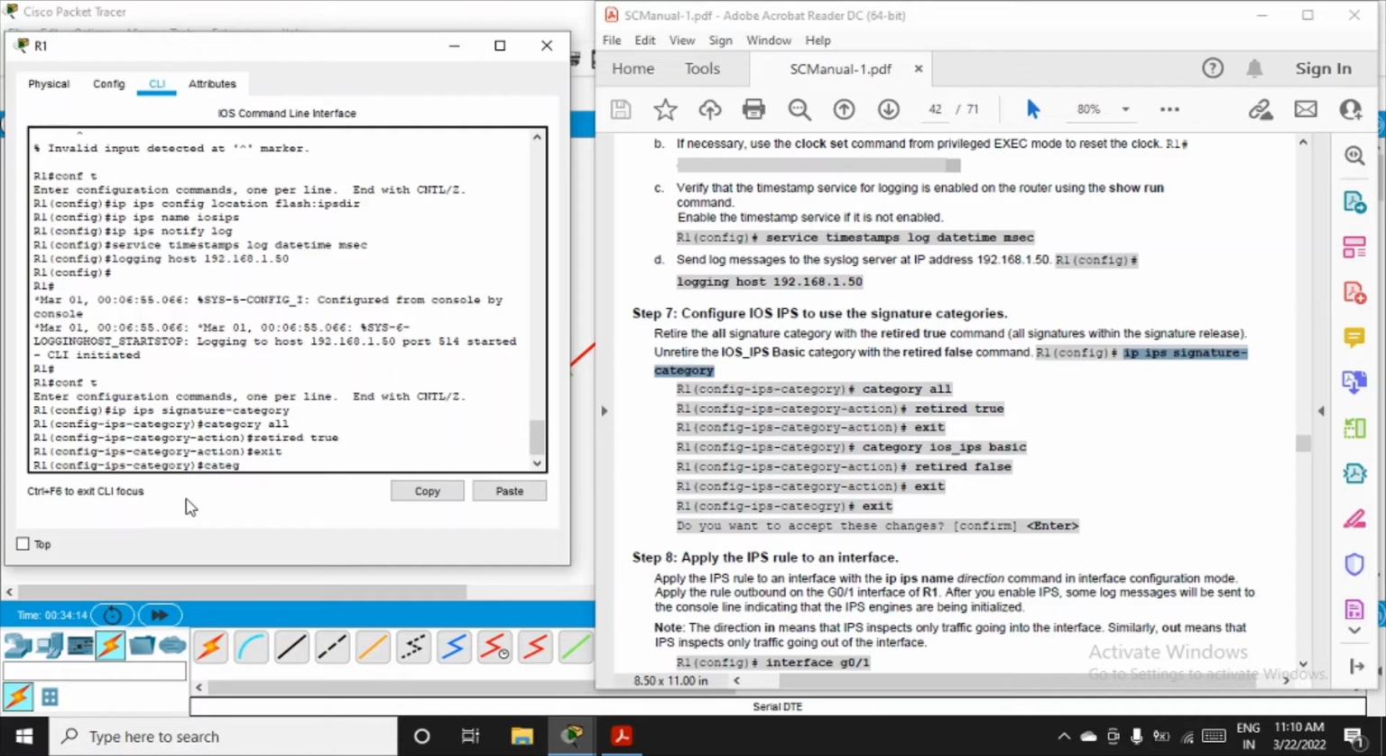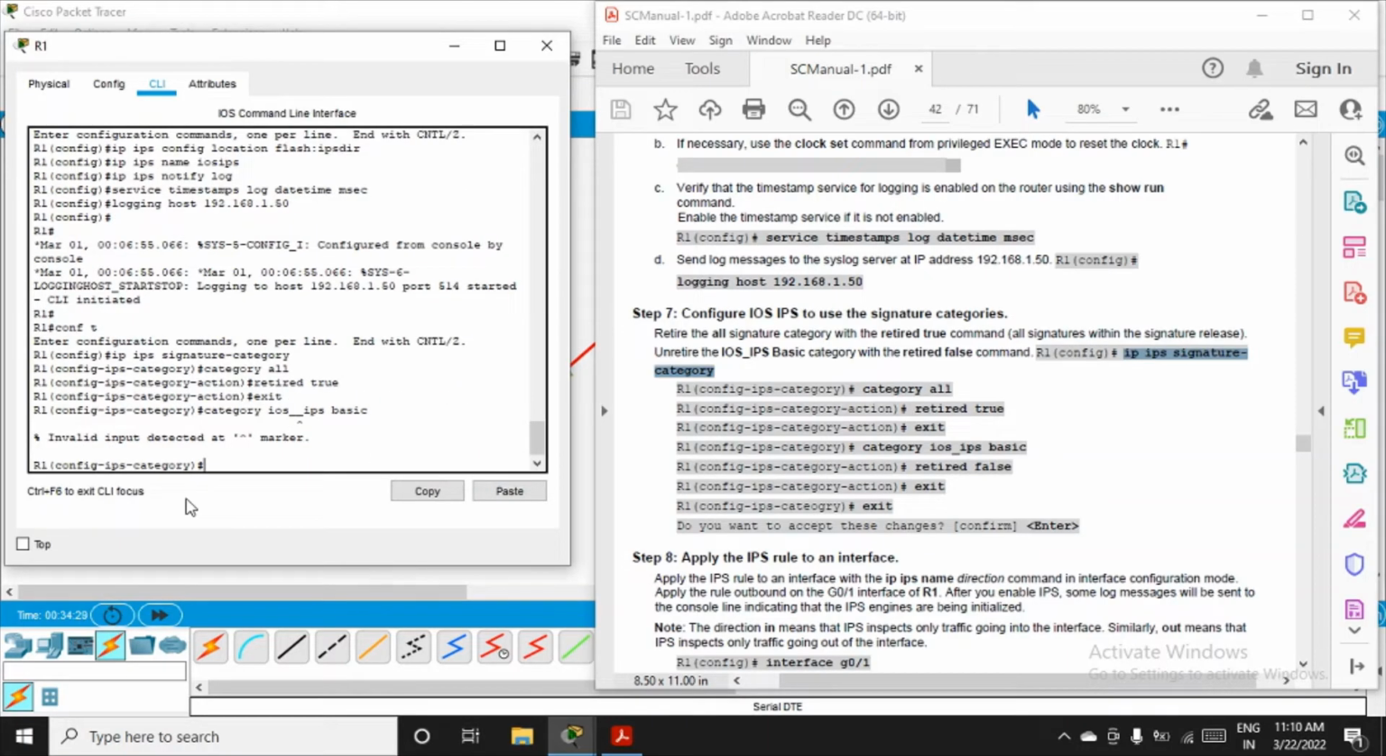We want to have a category of iOS, that is interconnected operating system, underscore IPS. So this is the basic signatures we want to have. Okay, there was a double underscore, sorry, so I'll fire it again. I'll remove one underscore from here,